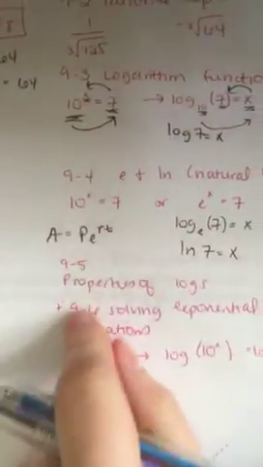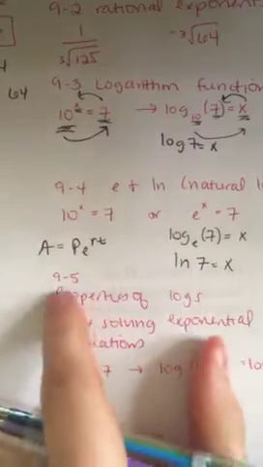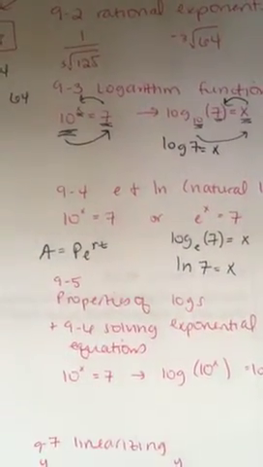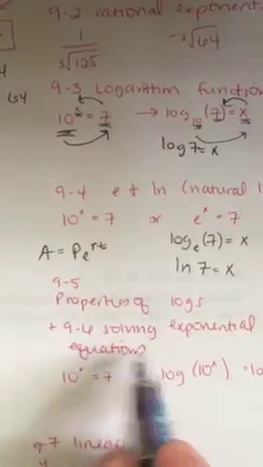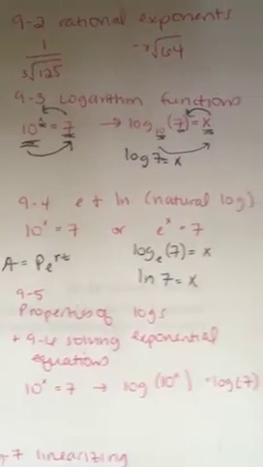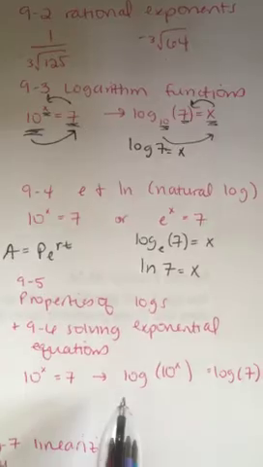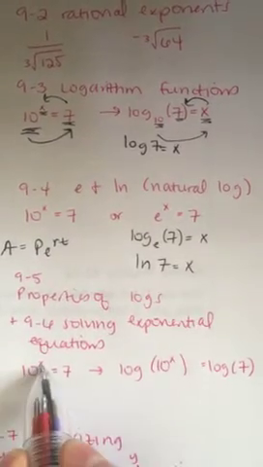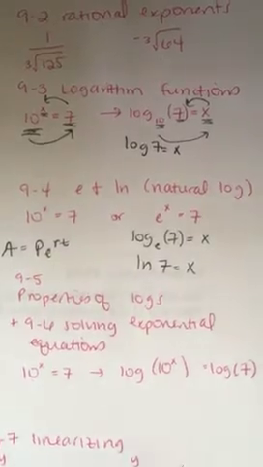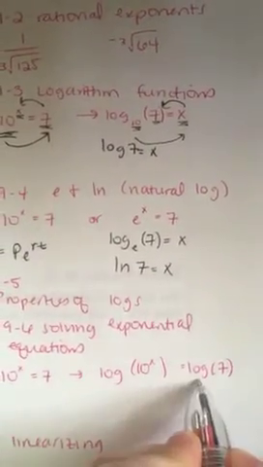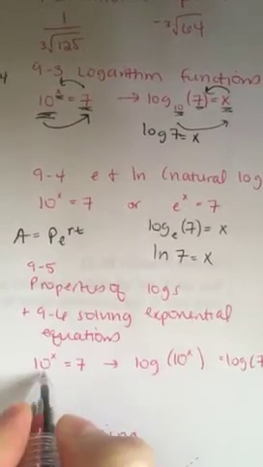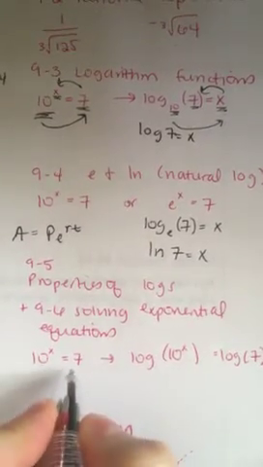All right, 9.5 and 9.6, they're basically the same thing. 9.5 is trying to get you familiar with the property so you can recognize what's in your toolbox when you go and solve an exponential equation. And the main difference with this between 9.3 and 9.6 is that instead of taking log base 10 of 7 equals x, log is a function. So you can take the same function of both sides. If 10 to the x equals 7, that means any function of 10 to the x will equal the same